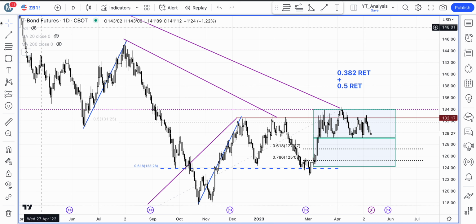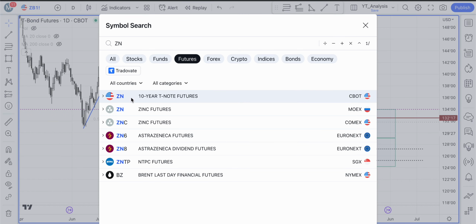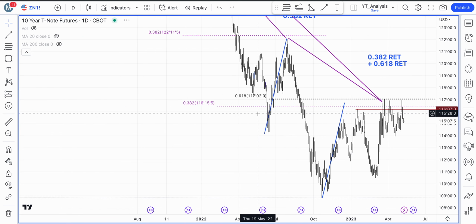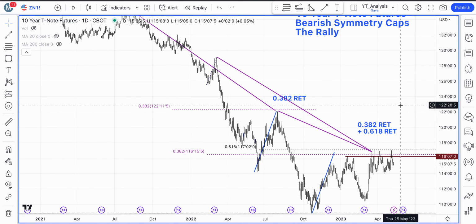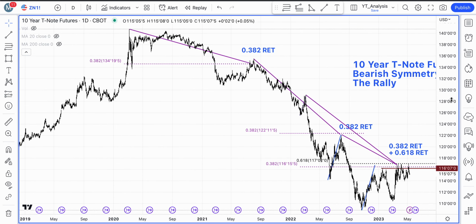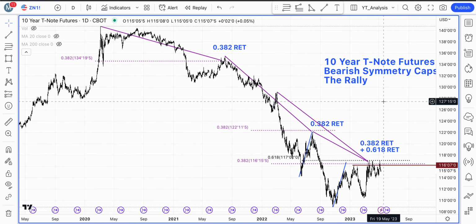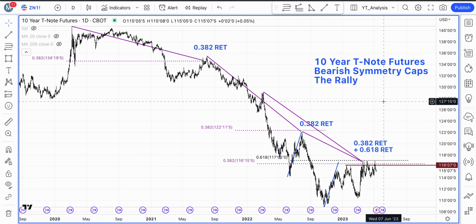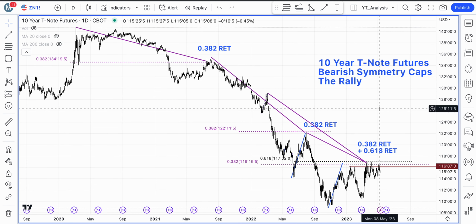Now, let's take a look at the 10-year Treasury note. So just like the 30-year bond, this is the 10-year Treasury note. Over here, the patterns are a little bit more clear. It's a much bigger market than the Treasury bond market, the 30-year. And if you happen to be trading these, what you will also note is that